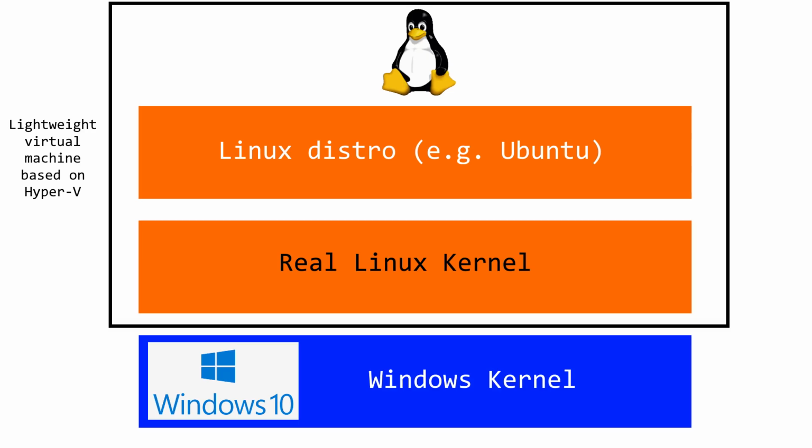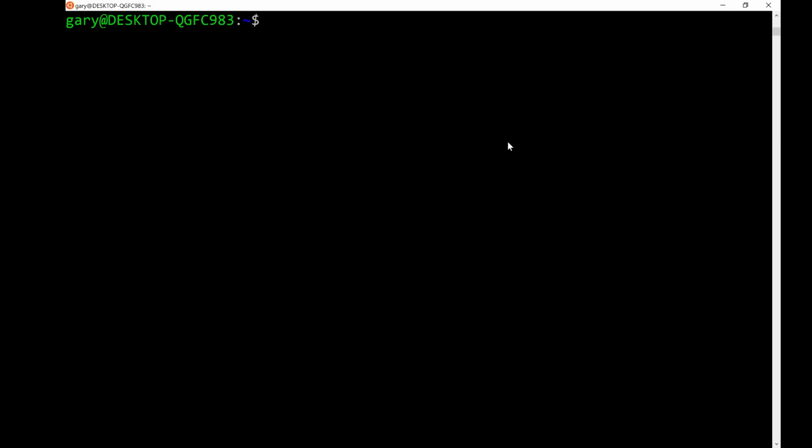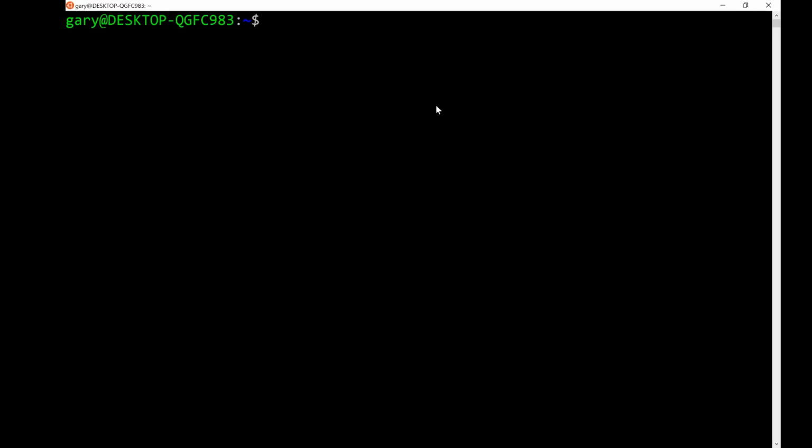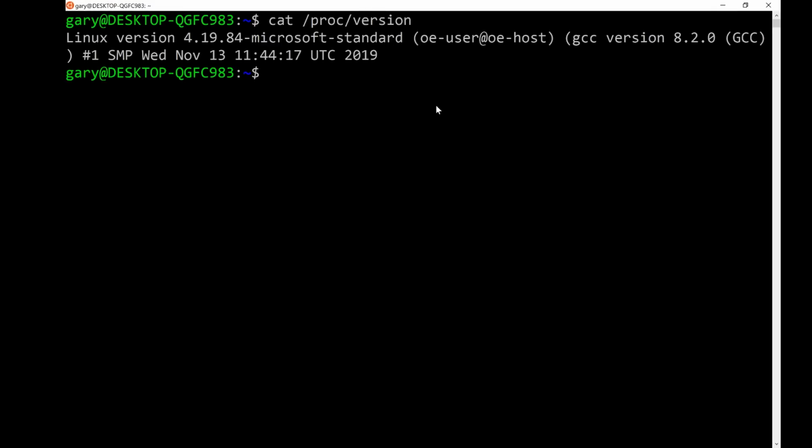Now, because it's now a real Linux kernel, it means you can do things like running Docker, which you couldn't do when you were running WSL1. Now, here we are under Ubuntu running under WSL1, and I want us to have a look at the kernel version, and then we'll go and have a look at a version that's running under WSL2. Now, the important thing is that it's version 4.4, so that's the version that ships with WSL1. And now we can check the kernel inside of the WSL version 2, so /proc/version, and we can see there that is kernel